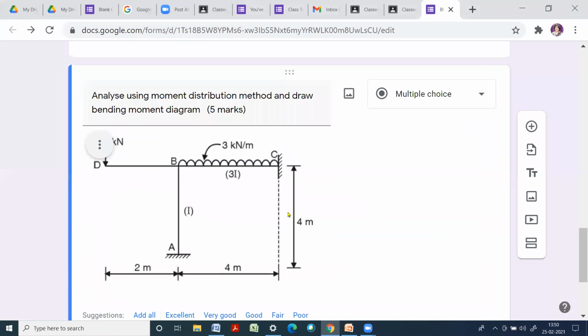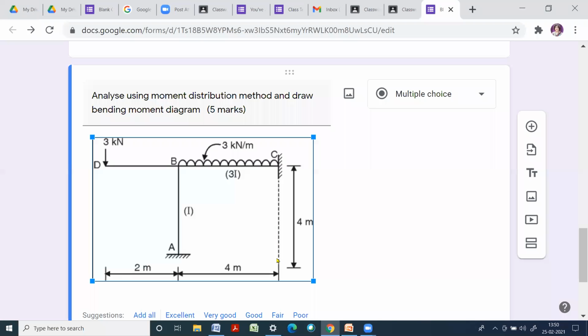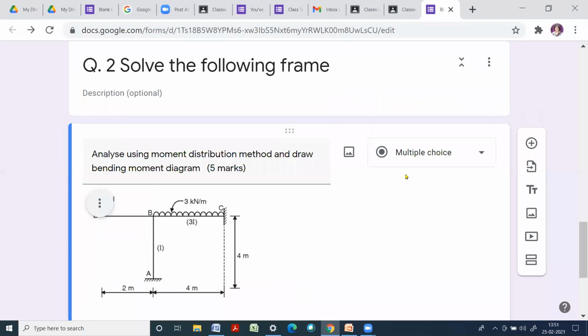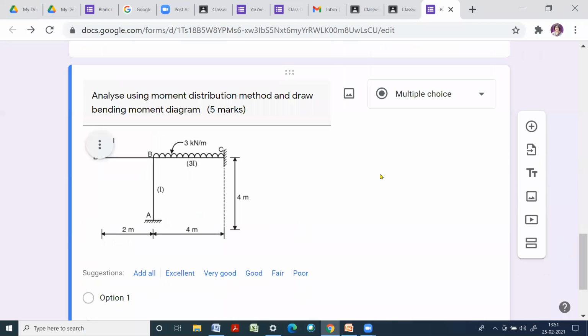The file will be pasted in the paper. You can resize this if required. So this is how to insert the figure in question paper. So on third page, the student can see this question.